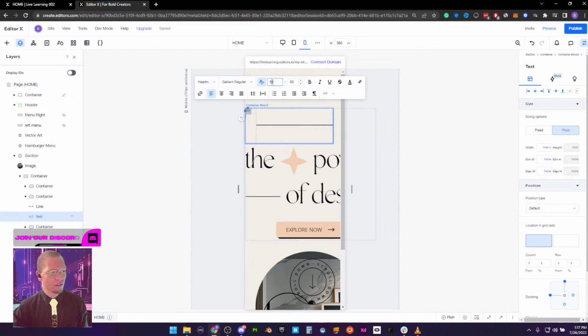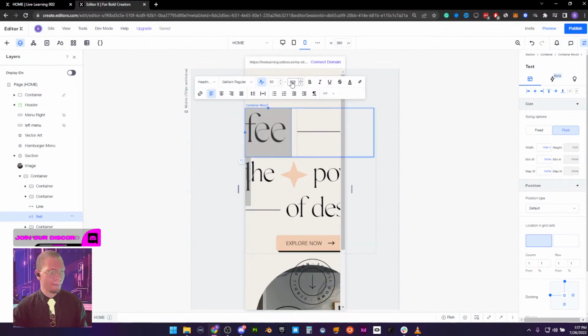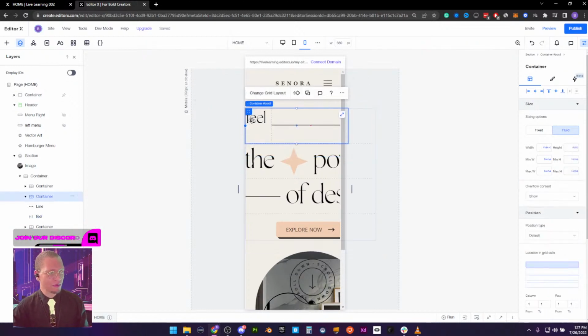The first parameter is how small you want your font at any time, and we're just going to set this to 50. The biggest we want this is maybe 88. Oops, not 800. Let's not do that. Let's do 88. No, 88, not 808. There we go. Okay, so boom.